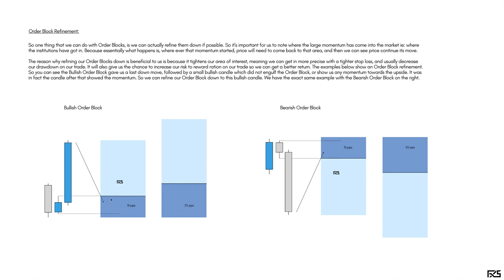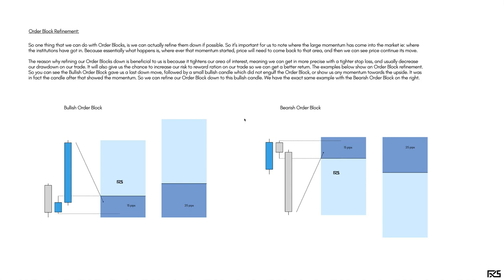So we're able to decrease our area of interest by 10 pips. So what that's going to do is basically get us in at a better price, a tighter stop loss, less drawdown and more risk to reward on our trade, because we are able to decrease our stop loss size by 10 pips. Okay,